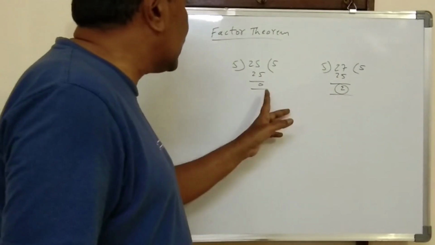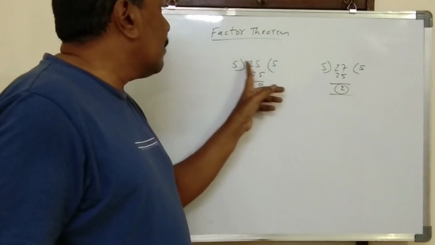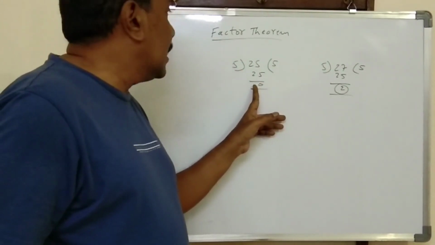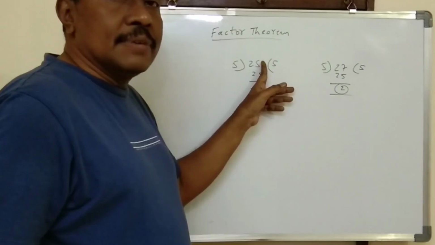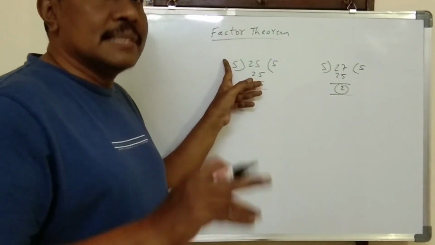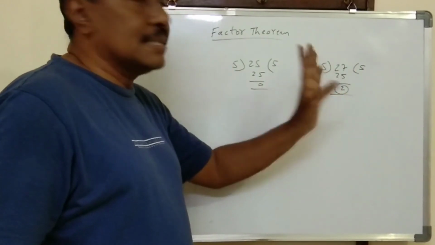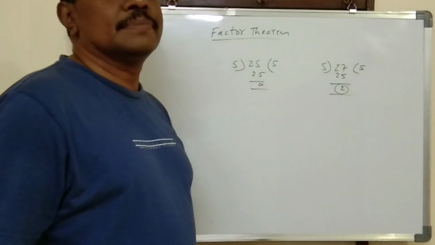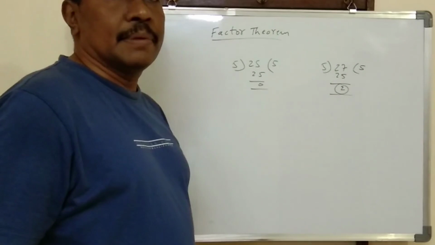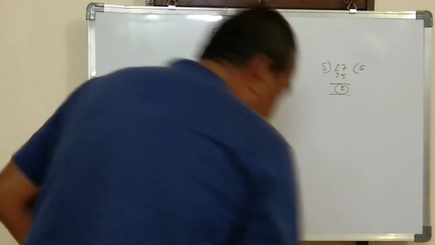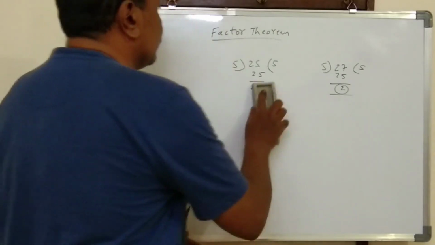So that's what we can say. If a number is divided with another number and gives 0 as a remainder, then you can say that that number is divided by this number exactly. So this 27 is not divided by 5 exactly because it leaves some remainder. So it is not a factor of that number. Okay. So 5 is a factor of 25. So now understood what is a factor. Okay. Now